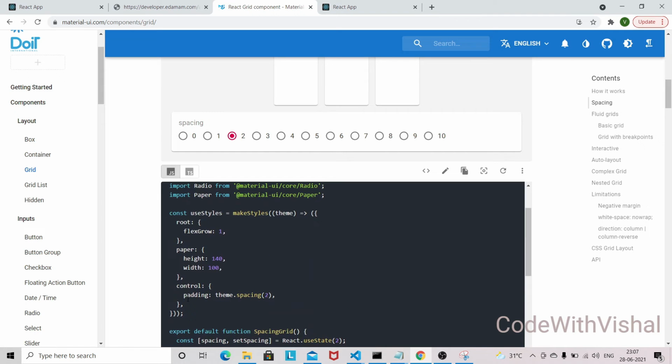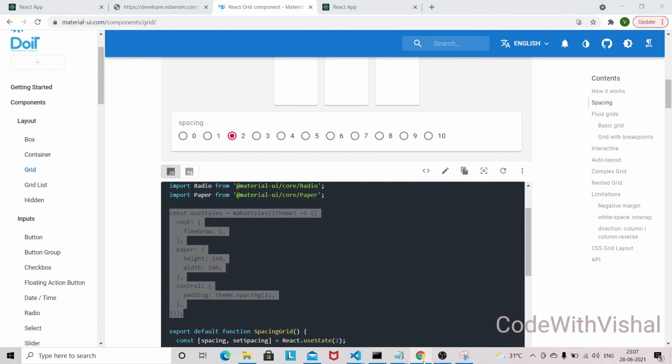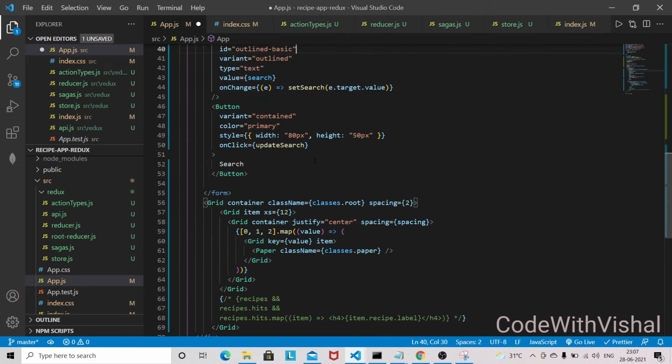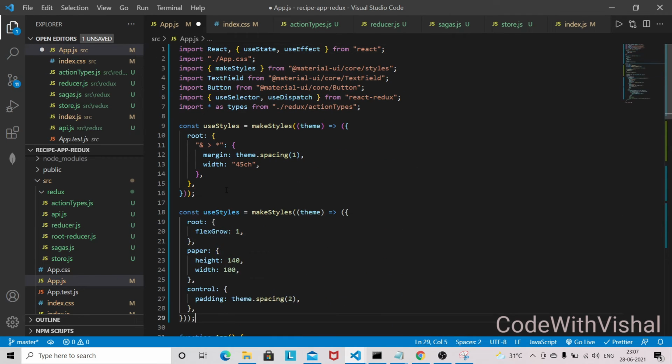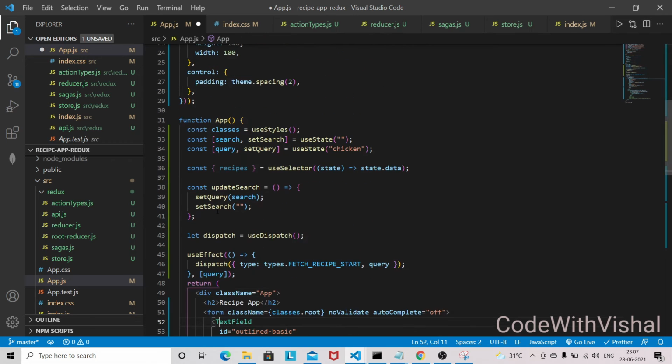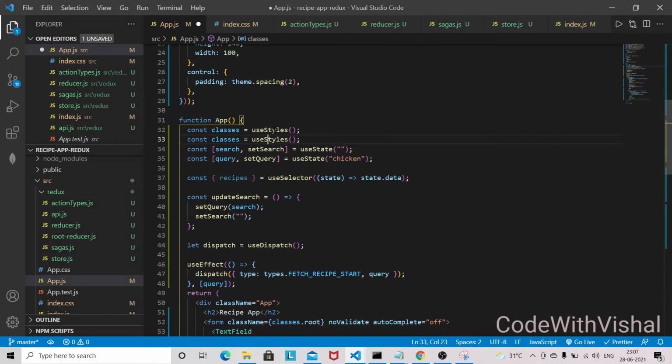So we need this style, and here we are going to paste the style outside the functional component. Since the style is the same, I'll be giving here grid styles, and the same class name we have to give.